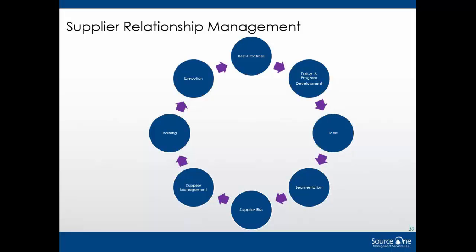The next stop or review in this process is the supplier risk program. So how do we identify operational compliance risk that exists with suppliers, looking at controls that mitigate those risks, and then, as I talked about before, a testing program of those controls to determine their effectiveness and thus the residual risk. These supplier management tools that we talked about before, based on the segmentation and your risk program, then help determine which tools you actually use or which ones you don't use, or how do you further develop your tools to work better. Next stop along here is the training, right?